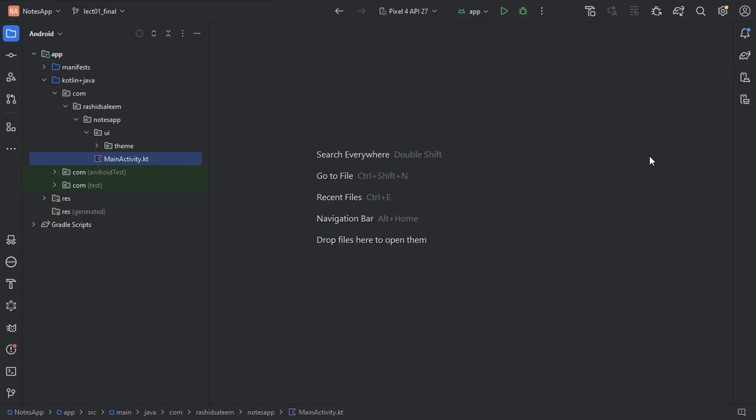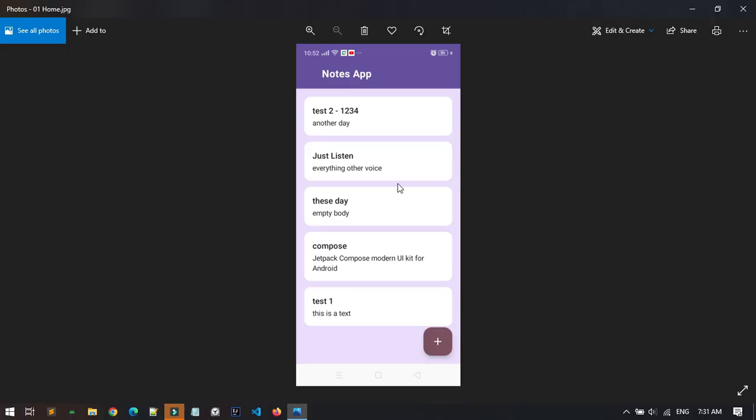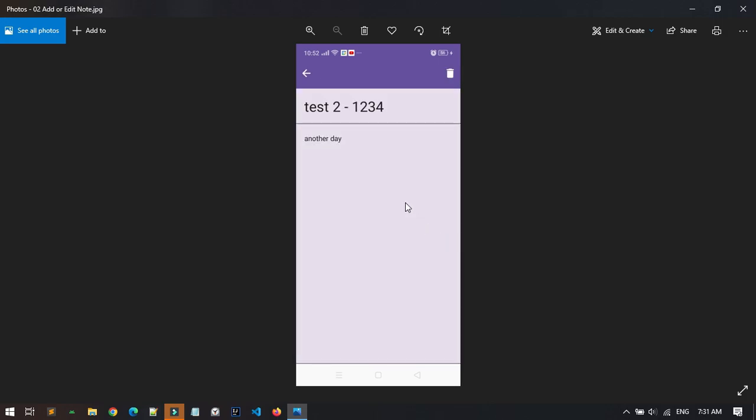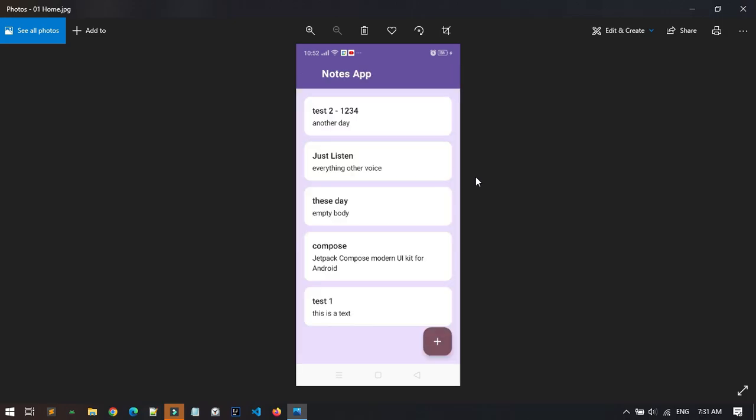In this notes app we have a main screen which shows all the listing of the notes, and another screen which is used to add a new note or edit an existing note. So these will be the two screens in the initial phase of the app, and we will complete these things step by step. In the first step we will create the UI, and then